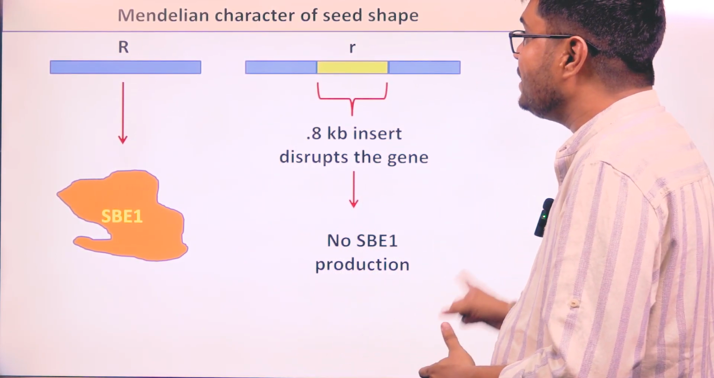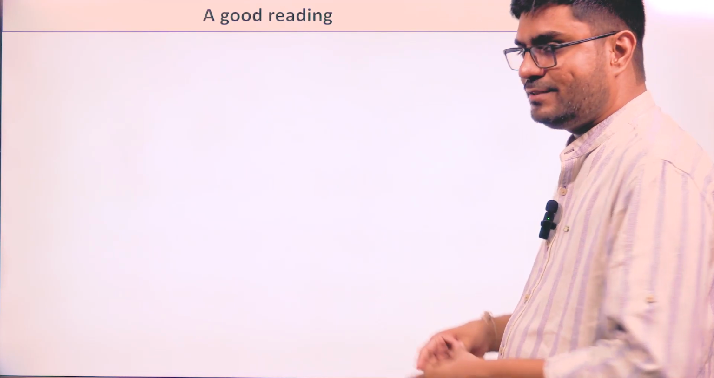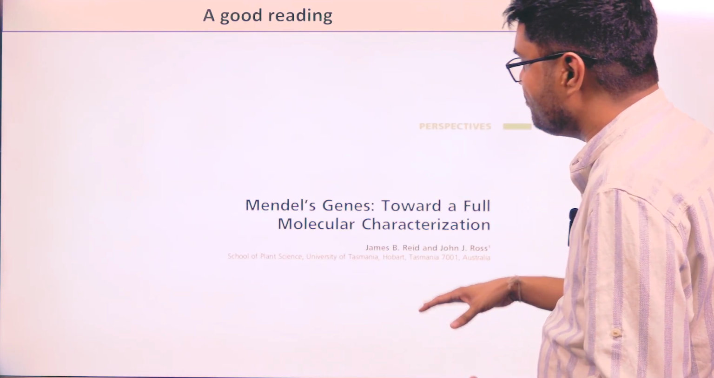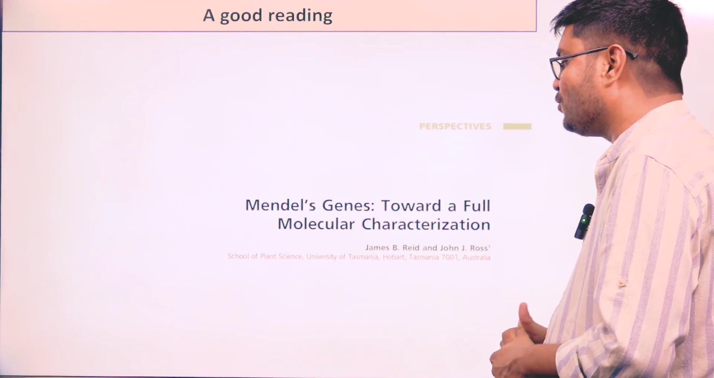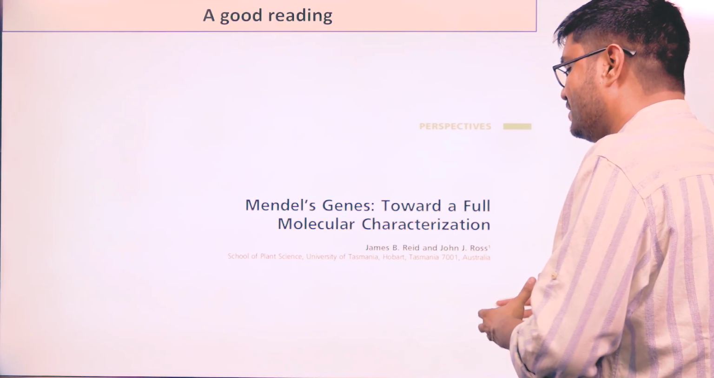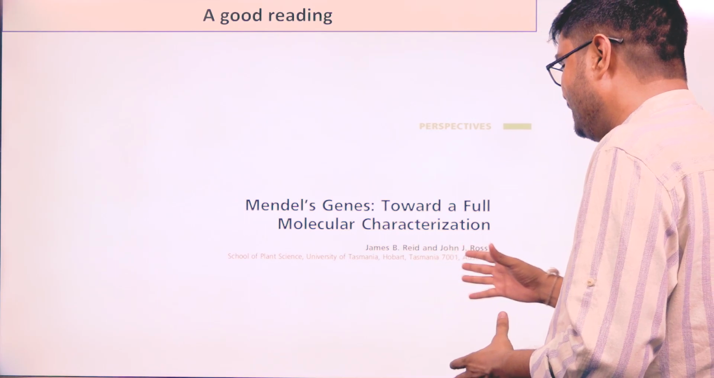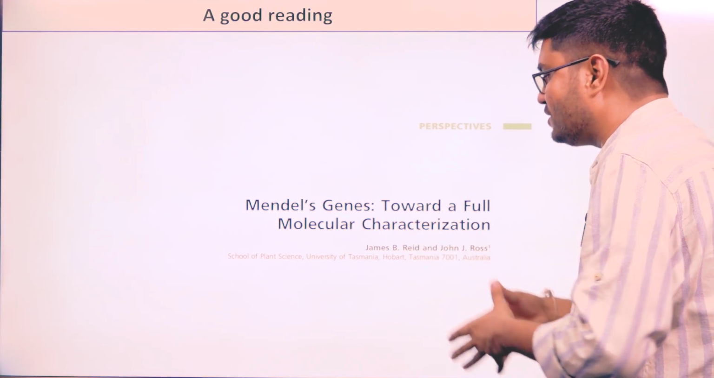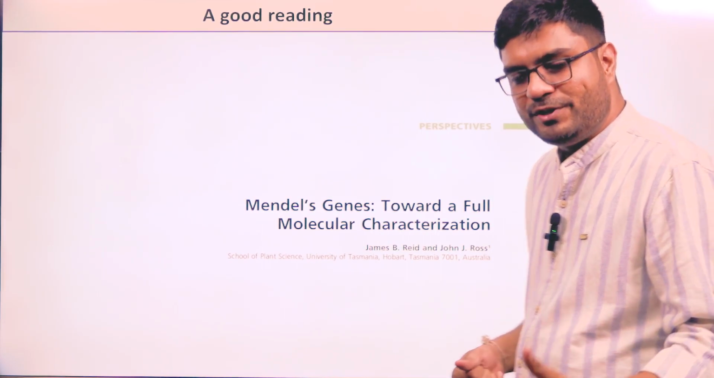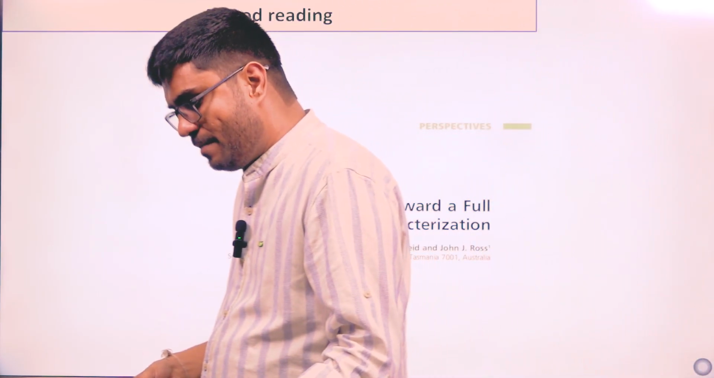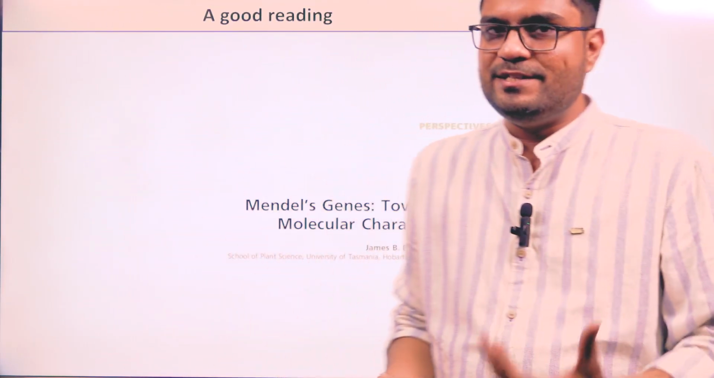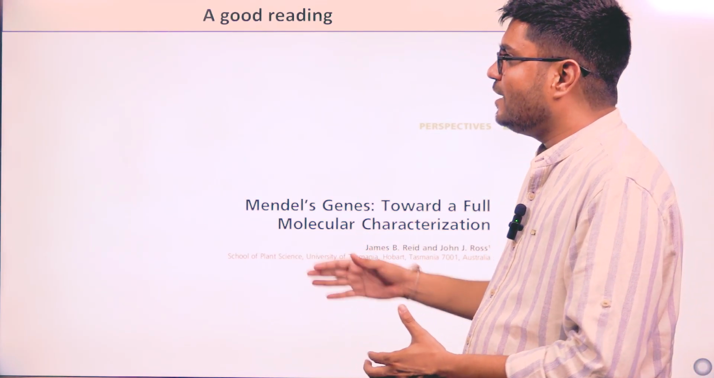Absence of round seed automatically becomes wrinkle seed, or you can say absence of protein automatically becomes what? Recessive. I have one very interesting suggestion for reading. There is one very interesting paper, Mendel's genes: toward a full molecular characterization, by James B. Reid and J. Ross. You can go through this paper and find the information about other Mendelian characteristics,